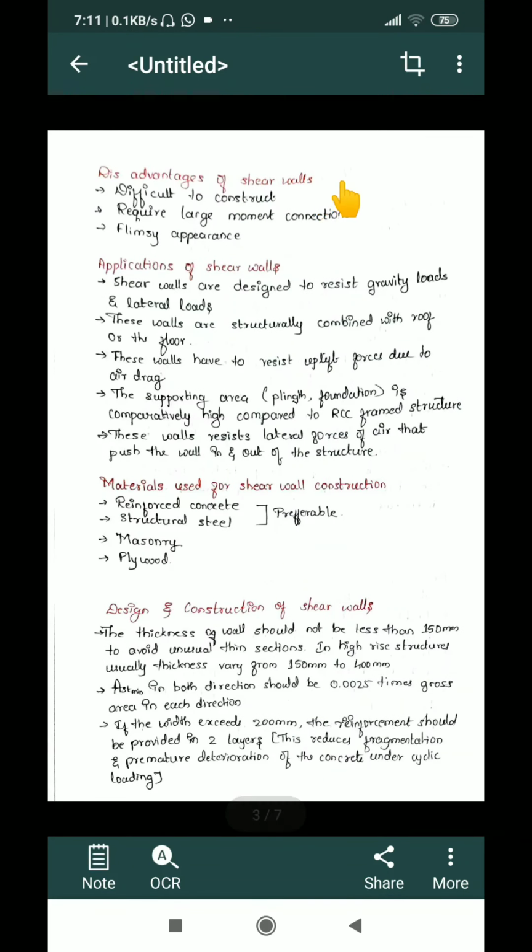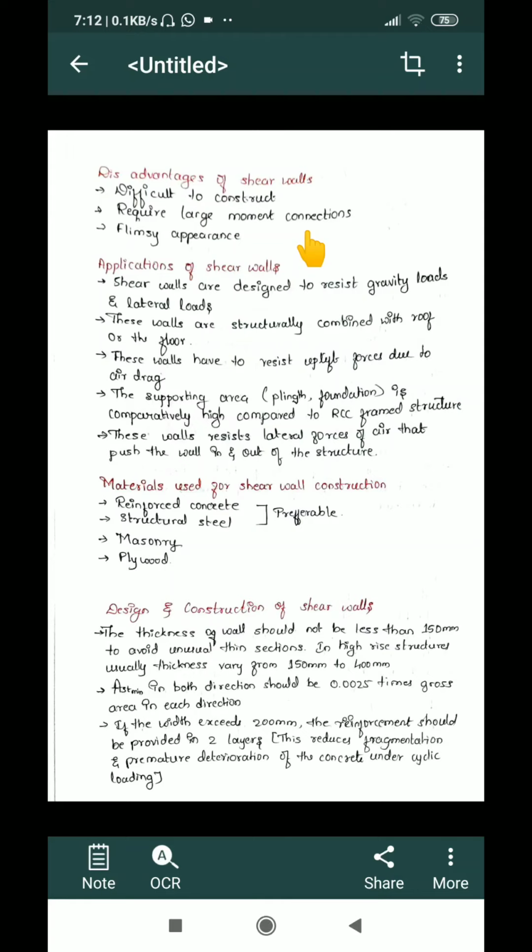Now the disadvantages of shear walls. These are difficult to construct because the most important thing is the designing of a shear wall, which is quite complicated compared to a normal wall, and also reinforcement has to be precise and construction should be supervised. Next one is these require large moment connections. Wherever shear walls are connected to other